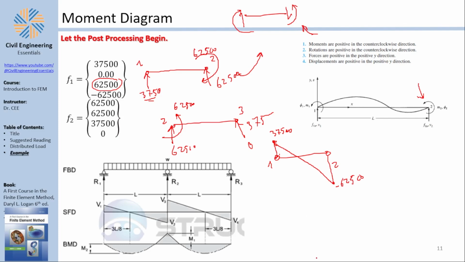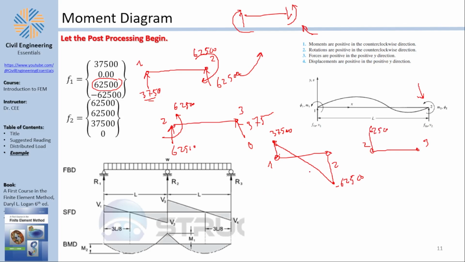Okay, fantastic. So what about element number 2? I will just write it here, and element number 2 is from node number 2 to node number 3. It starts with a force 62500 going up, and you know that the positive goes up for the shear force diagram, so the shear here is